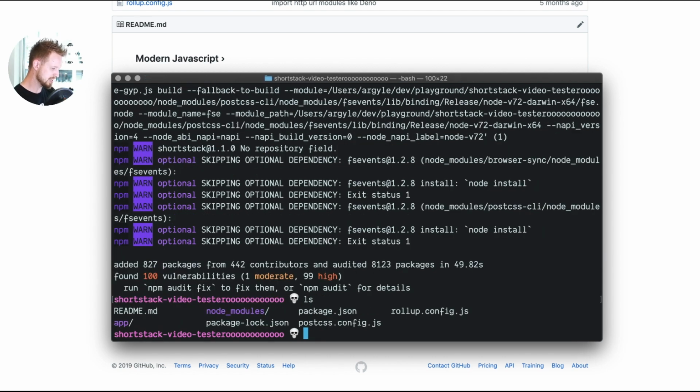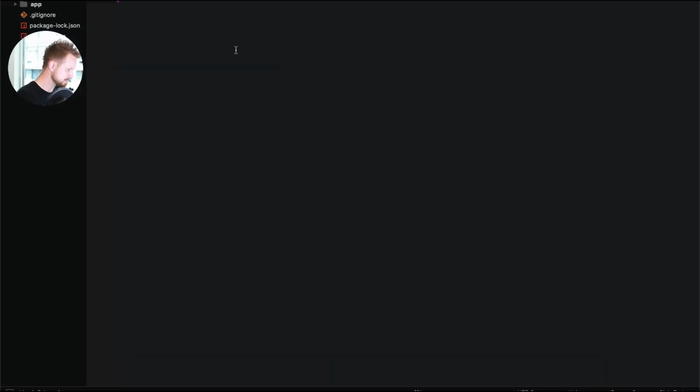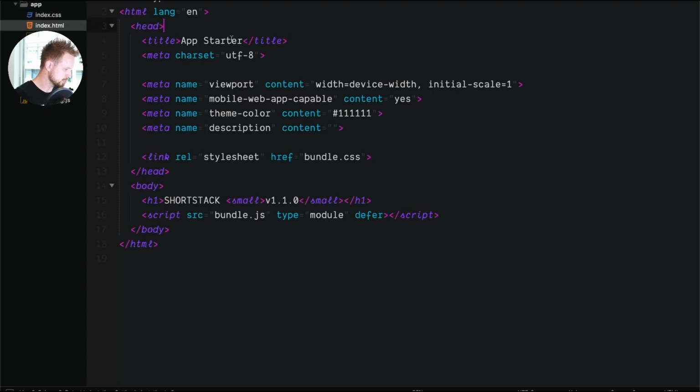Okay, so I'm going to ls. I'm going to go ahead and hack into this directory here. Pull open app.index.html, and let's just walk through what's going on in here really quick. We have a title because it's just a Shortstack starter. We have a theme color because I like those, and just a couple of basics. We have our module coming in, deferred, and it's type module, and we have our CSS bundle being appended at